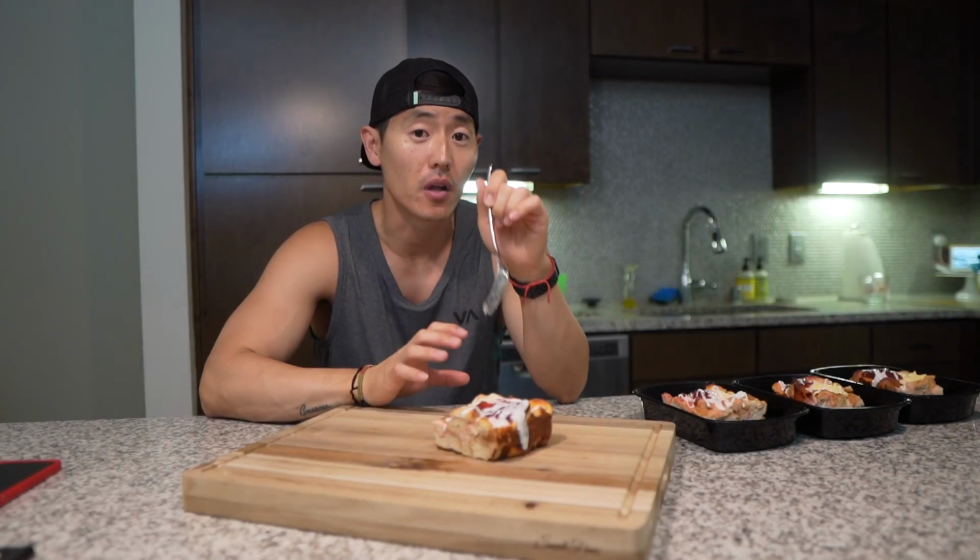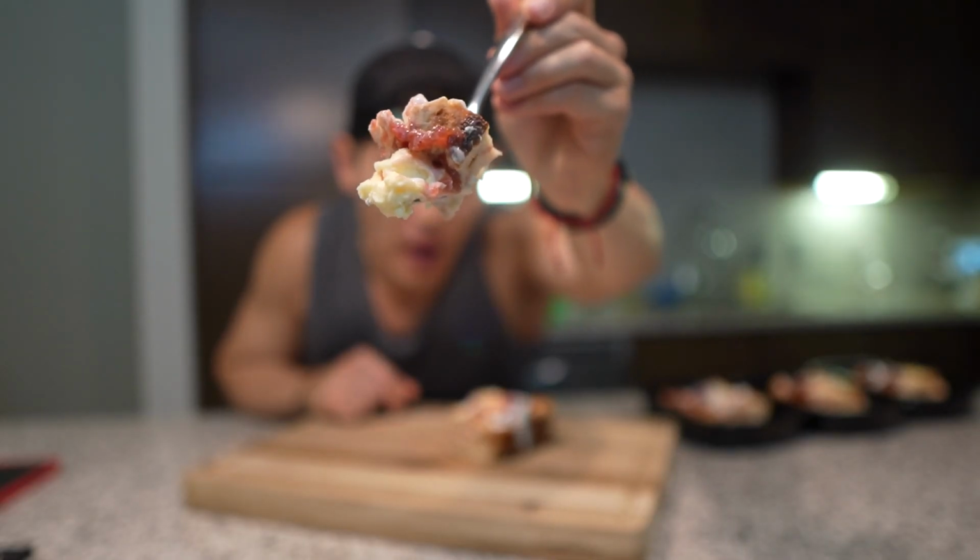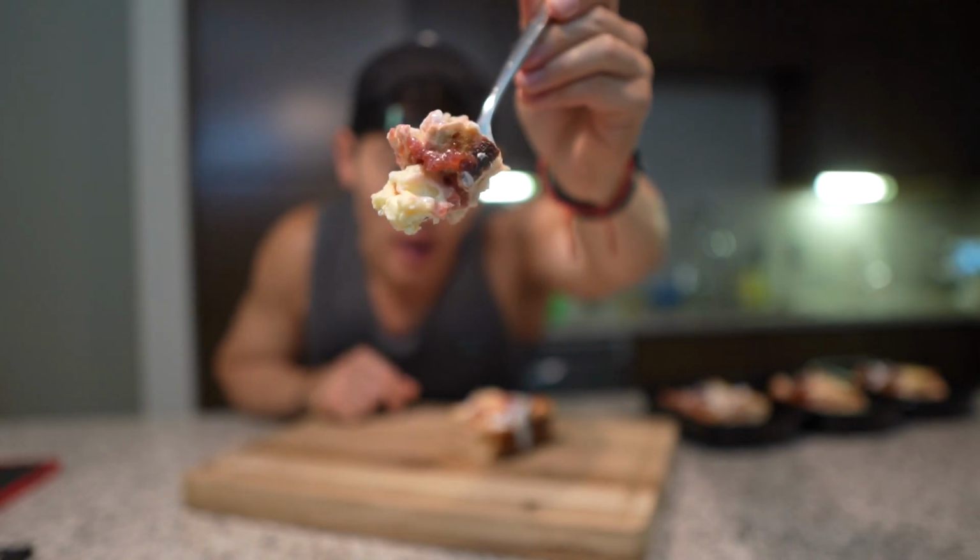I'm telling you guys, if you love Danishes, especially the ones from Costco or the ones that have like the cream cheese filling, this is almost like an exact replica. Oh my God. This right here is like the perfect balance of strawberry, cream cheese, and a little bit of bread. And another great part about this recipe, while you're meal prepping, you can always toss this in the fridge